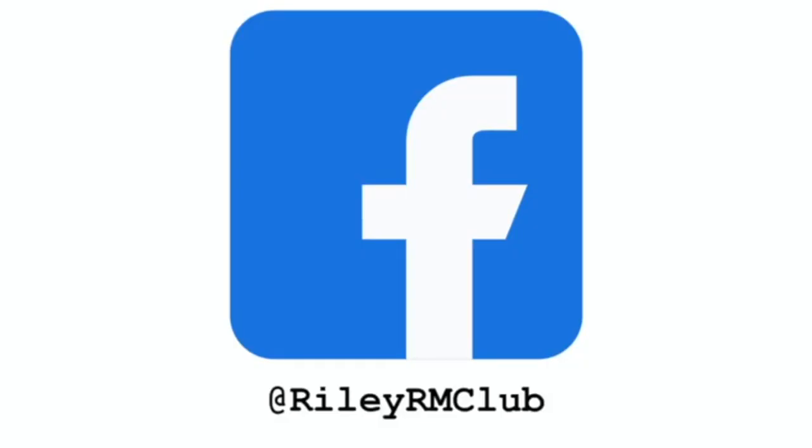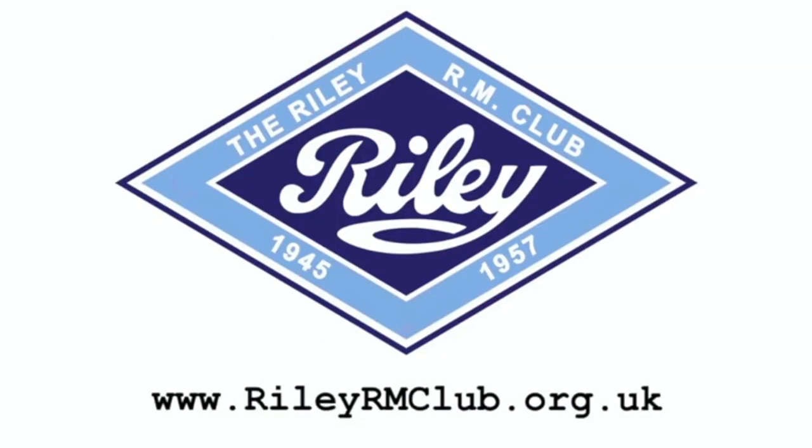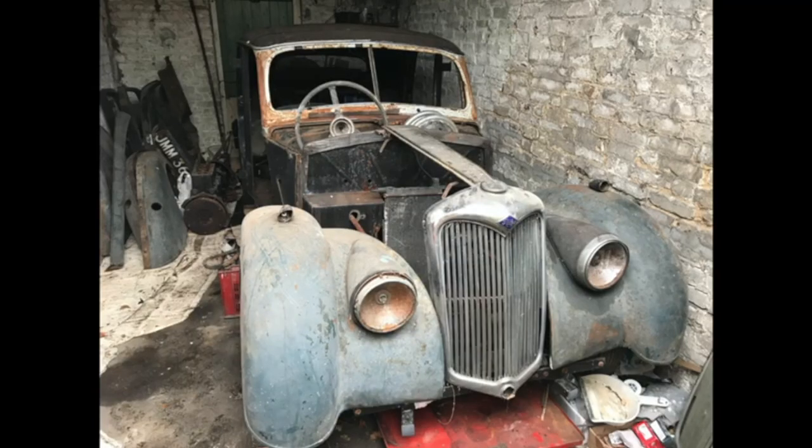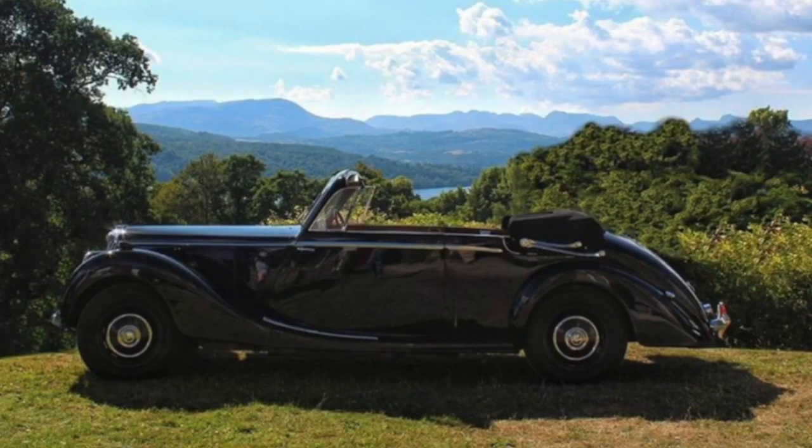We're on Facebook, Instagram, and when you're a member, you can have access to the club technical forum and a regular magazine. So, if you want an affordable, usable, drivable piece of British engineering, the Riley RM is the car